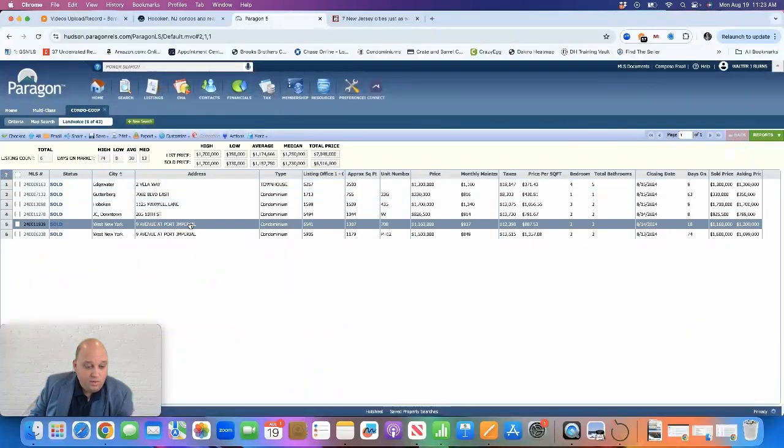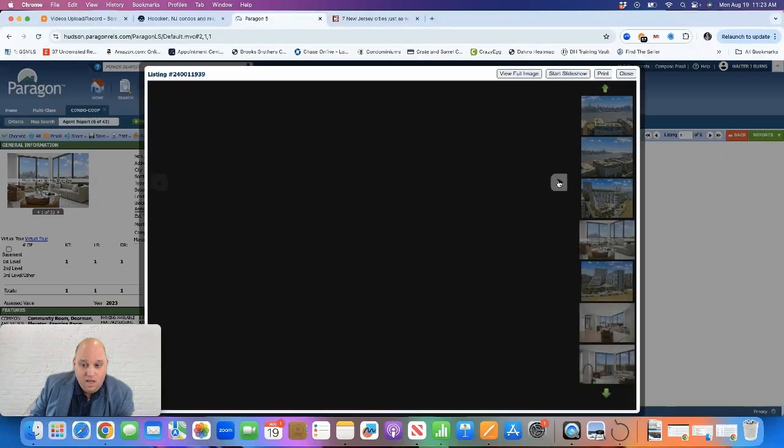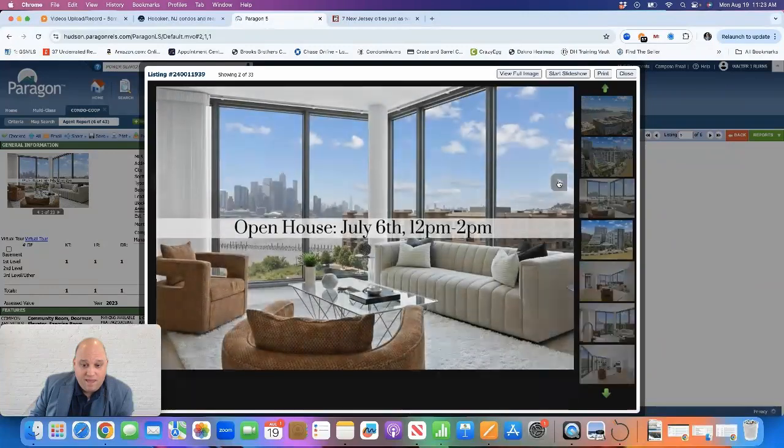And in West New York, 2 units at 9 Avenue of Port Imperial sold. 2-bedroom, 2.5-bath, 1,307 square feet. Unit 708, it listed for $1.2 million. It sold for $1,160,000. 18 days on the market. It was a cash purchase. And this project was built by K. Hovnanian